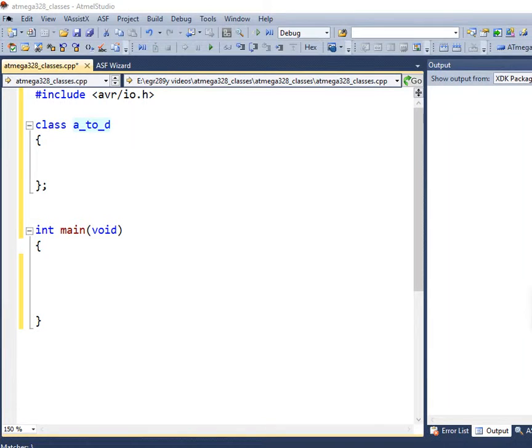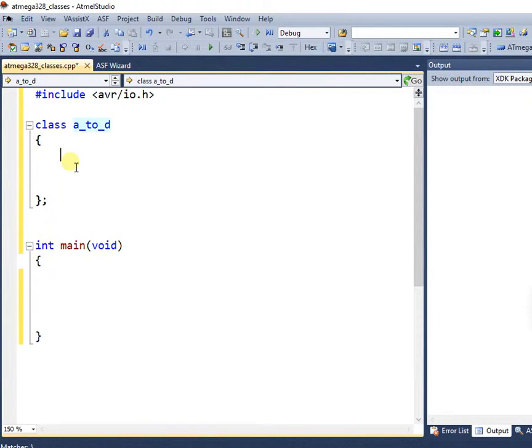So in this example, I'm going to make a class that refers to the A to D converter. The basic template for the class will look like this, where before the main you would say something like class, name of the class. In this case, the name of my class is called A to D, and then I have a curly bracket to curly bracket, and inside of here will go the data and the code for this class. So I'm going to start with private, and then I come down to public,